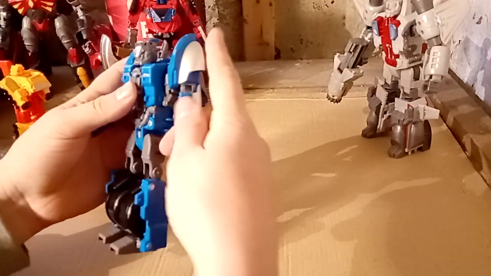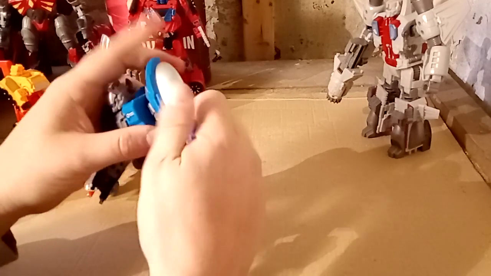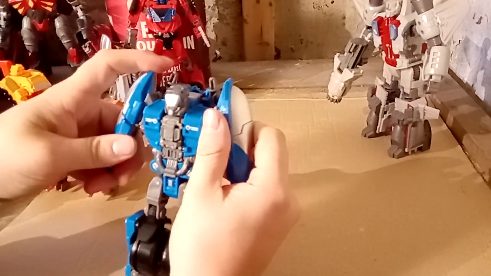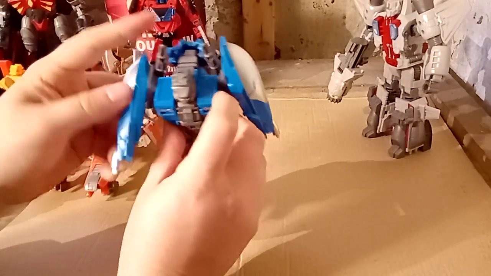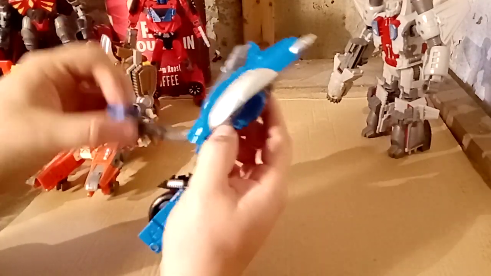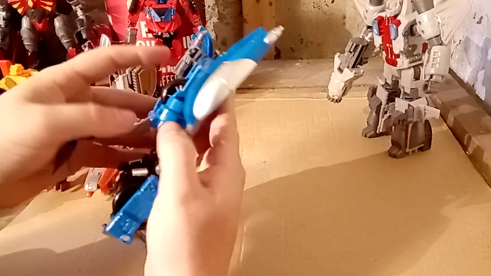So we're going to do the robot mode arms back to the motorbike mode, but we're not going to quite finish it. We're not going to close it up and stuff. So what we need to do is rotate them up over the top, fold down this piece. We need to get that out of the way, the sort of spiny bit. Fold that exhaust bit down again,